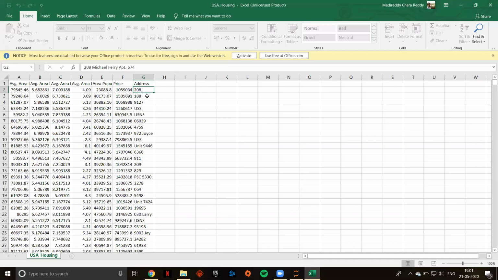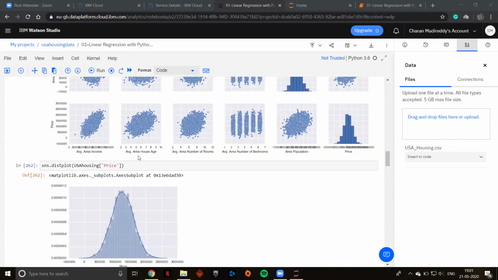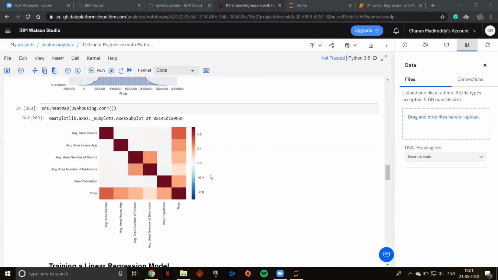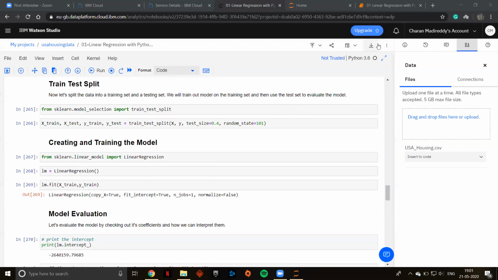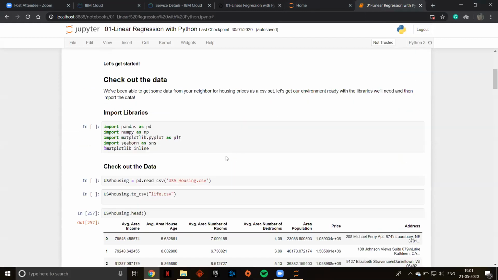Address is not important for the price of the house, right? For that reason, I took that column away. You can use your heat maps to tell which column is more useful for prediction and all.